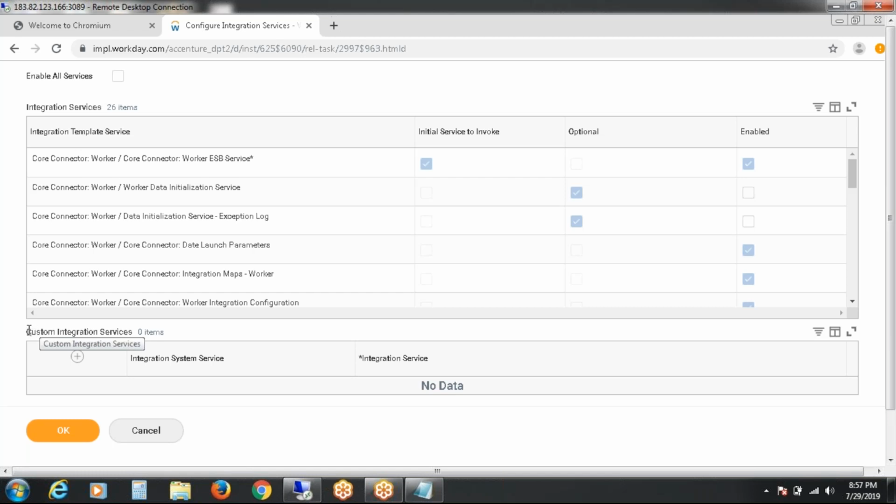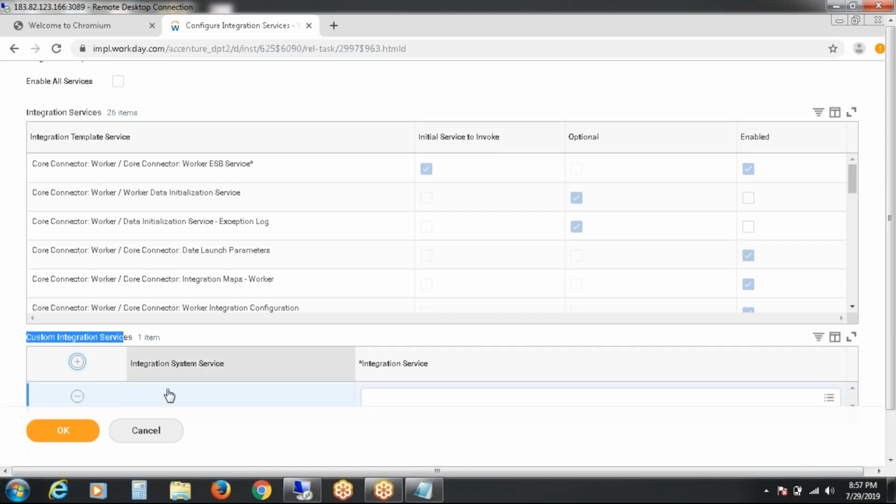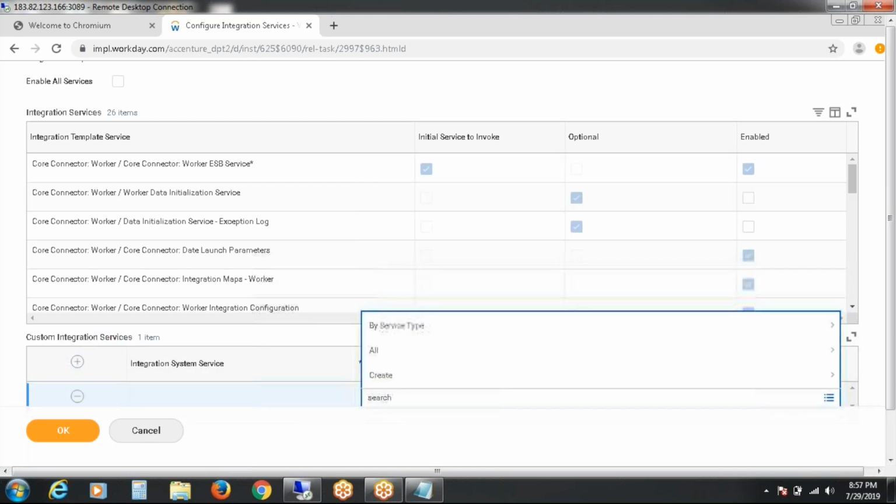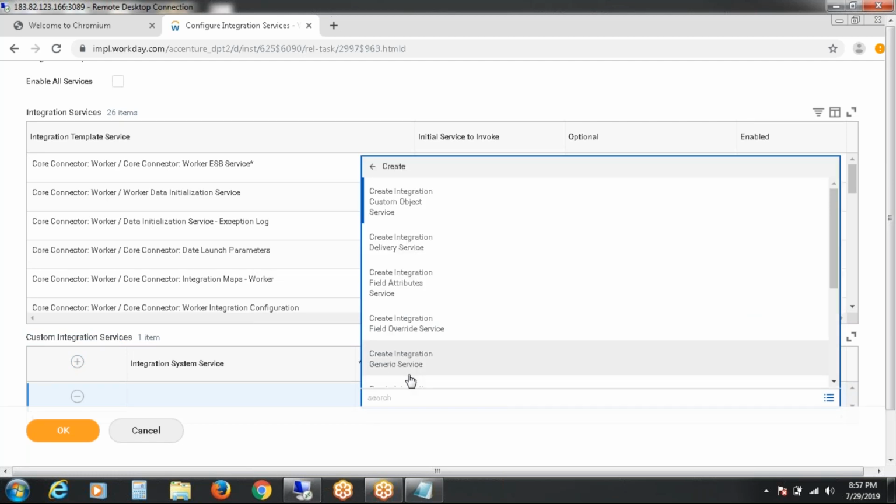See the heading here, custom integration service. In that, please click here and create a new one with field override or field attribute. Already fields are there, so you are going to call something out of Workday.